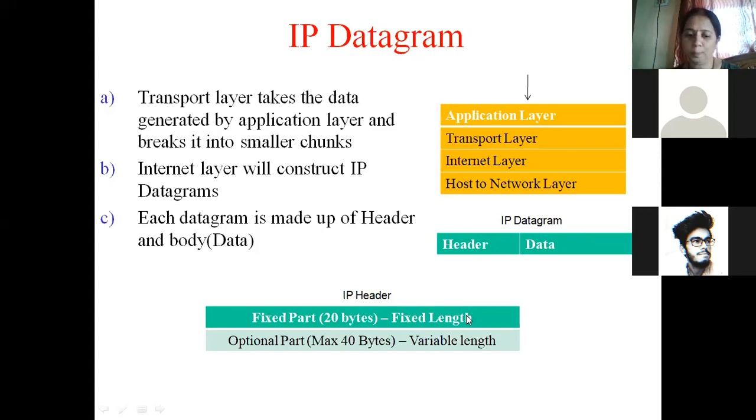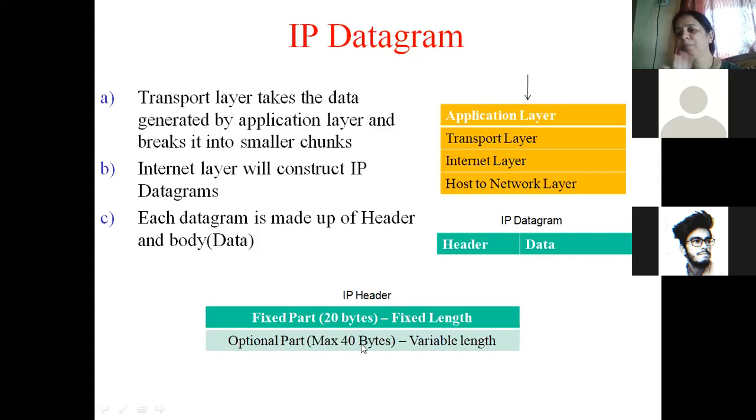And there is one more part which is called the optional part, which can be maximum up to 40 bytes. But this is optional. Every packet may contain an optional part, or it may not, but the fixed part will surely be there. If the optional part is there, it can be up to a maximum of 40 bytes.